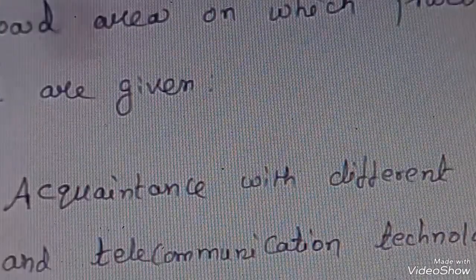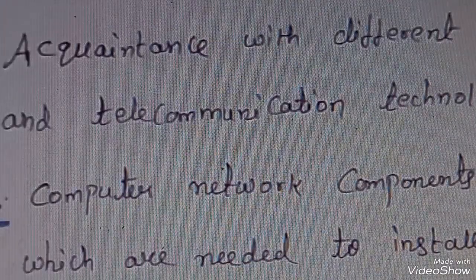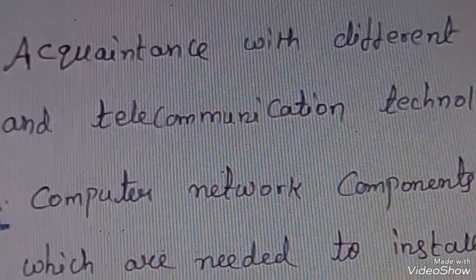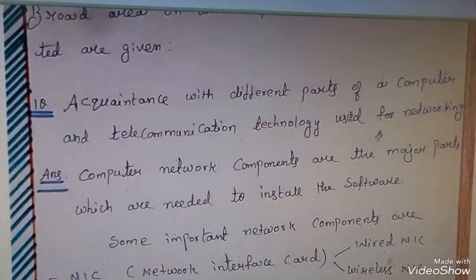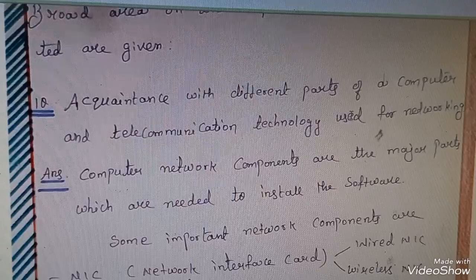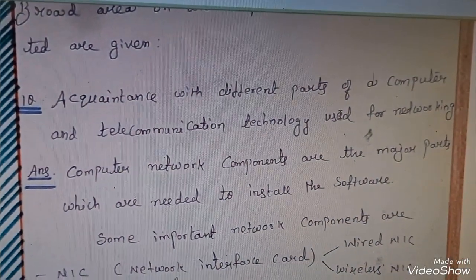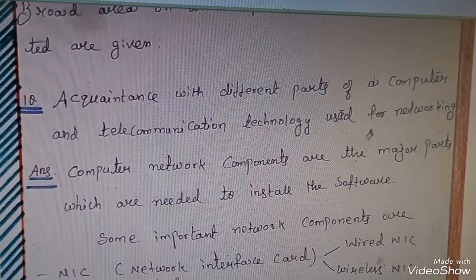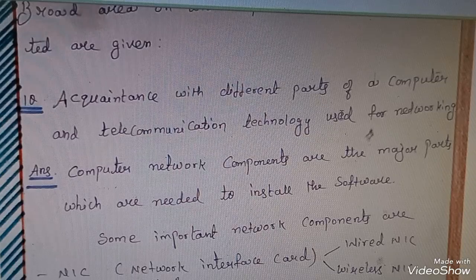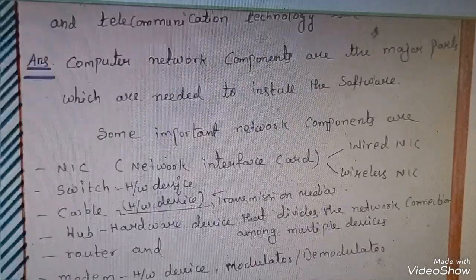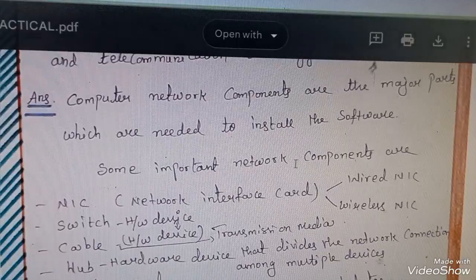First question. Acquaintance with different parts of a computer and telecommunication technology used for networking. This is the question and the answer. Computer network